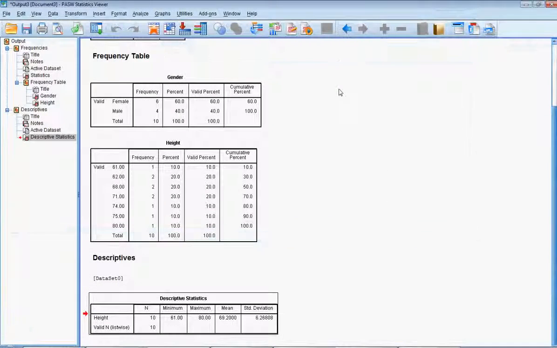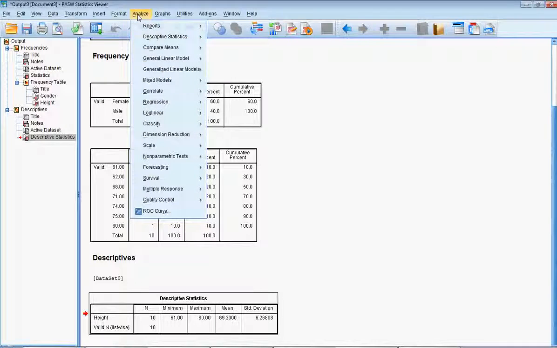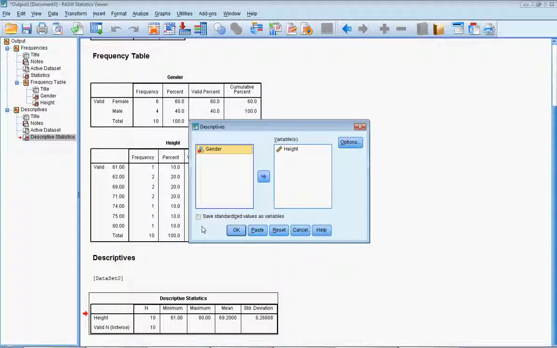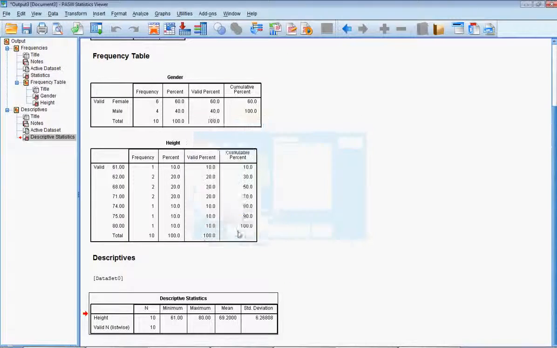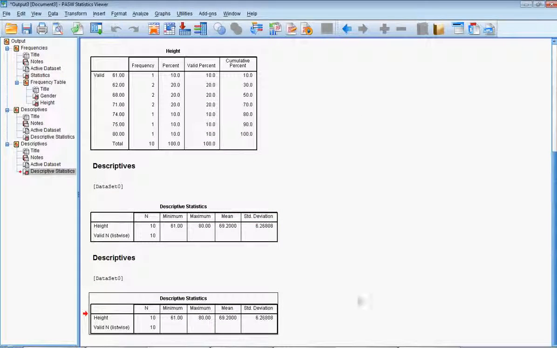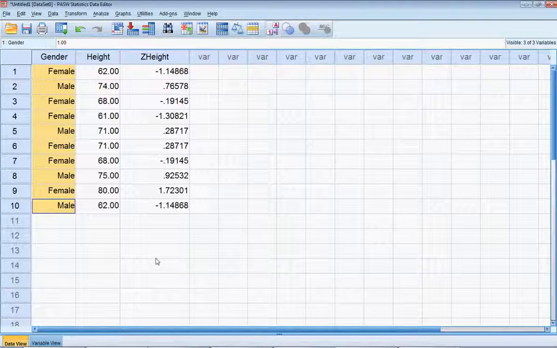So let me show you something cool. Go through this again, go up to Analyze, and under Descriptive Stats and Descriptives, there's a little box down here called Save Standardized Values as Variables. I'm going to check that and hit OK. I get exactly the same table the second time, but if you go back to your spreadsheet, you'll notice a new variable appeared here. It's called z-height.